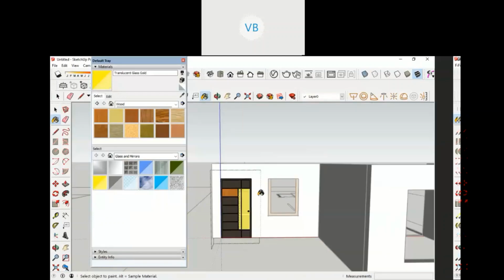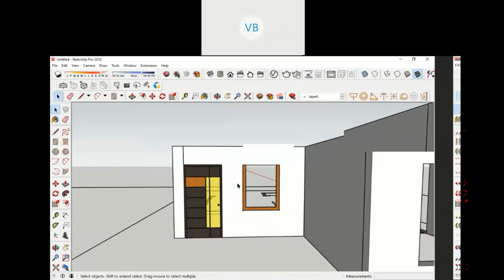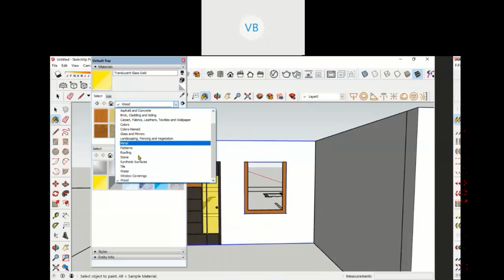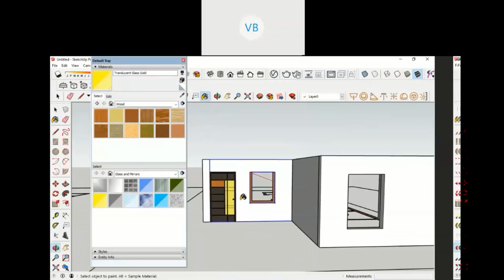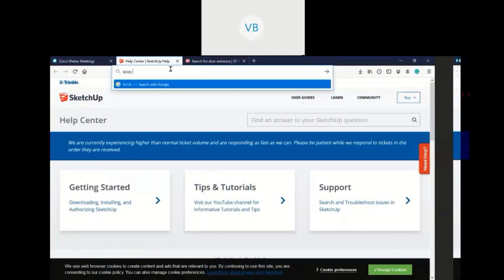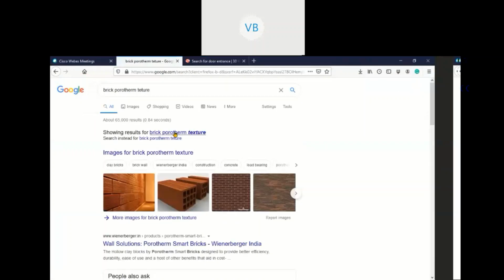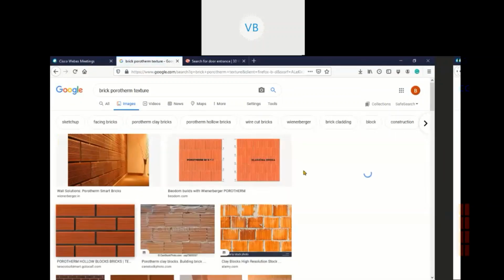But now what happened is, let's say I want a material which is not there in SketchUp. ఈ SketchUp material list లో ఆ material లేదు, which is not there in this material list. So what I'm going to do is, అప్పుడు మీరు ఆ టెక్స్చర్, you have downloaded texture from the internet. Let's say texture images. So I got this, let's say I like this texture here.